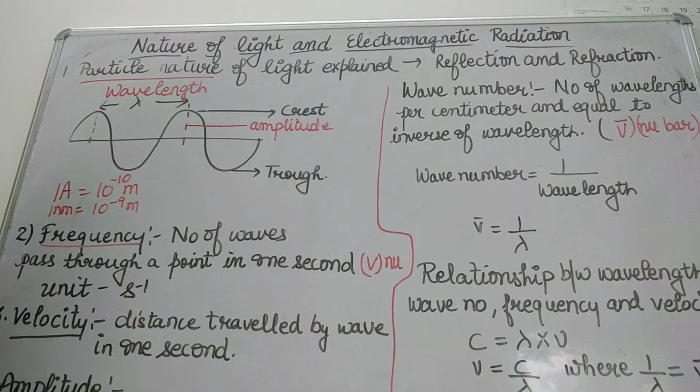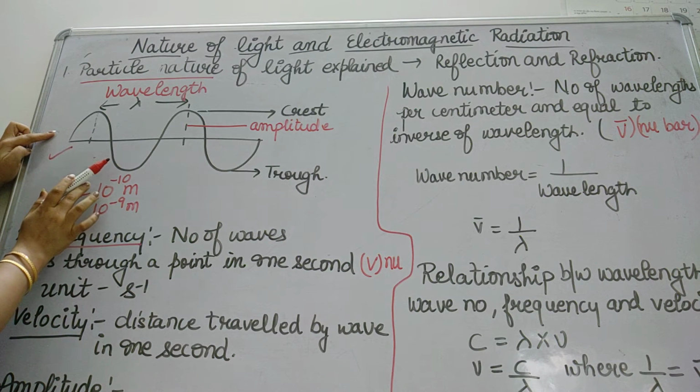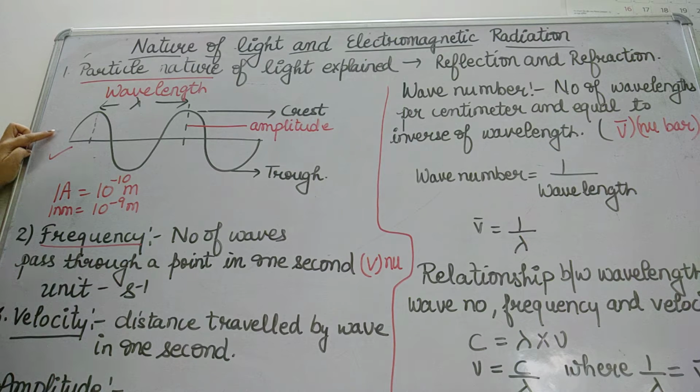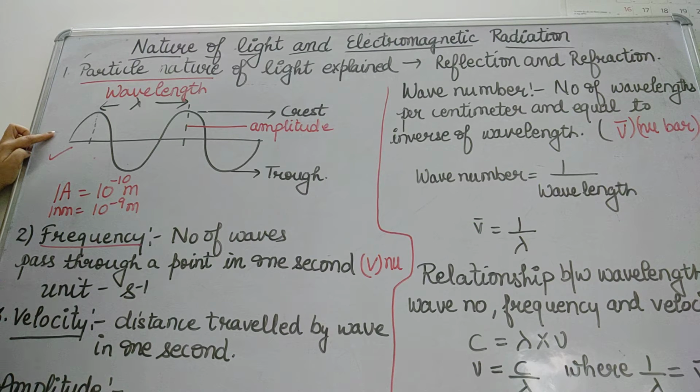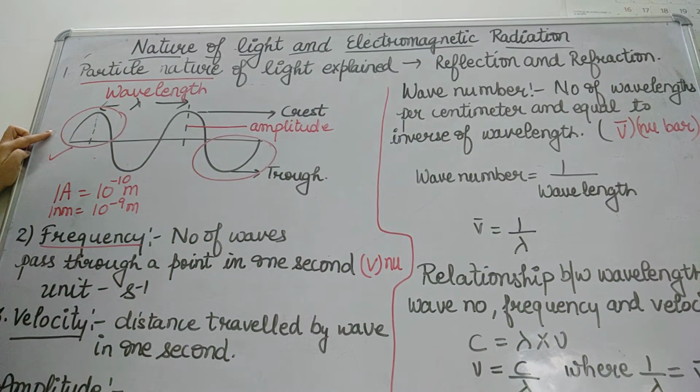Fine. So what do you mean by a wave motion? All of us are familiar with the waves on the surface of water obtained by throwing a stone into a quiet pond. The waves originate from the center of the disturbance and propagate in the form of up and down movements. The point of maximum upward displacement is termed as crest, while the point of maximum downward displacement is termed as trough, right?